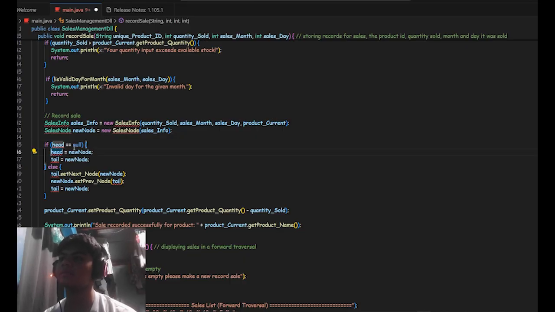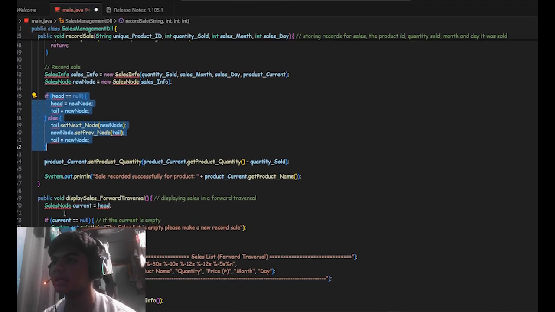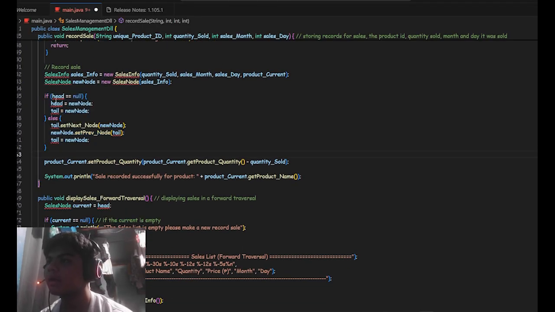And if head is equal to null, then we will set the head to the new node and the tail to the new node. So this is just setting up the nodes. And else tail set next node to the new node, new node set previous node to the tail, and tail set to the new node.